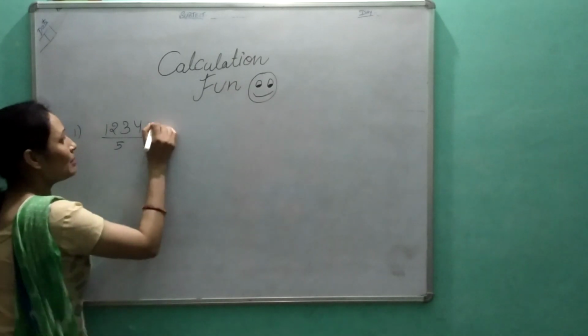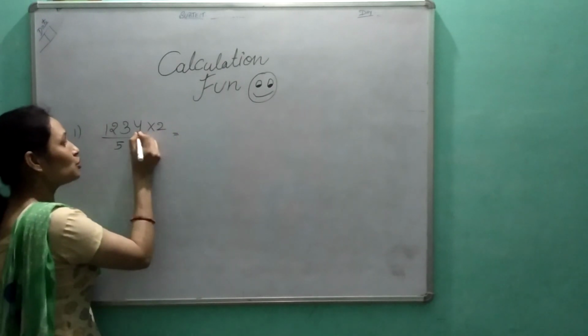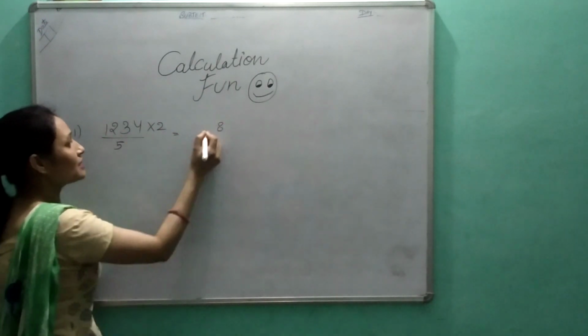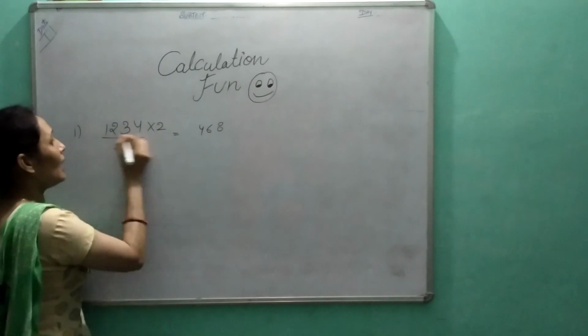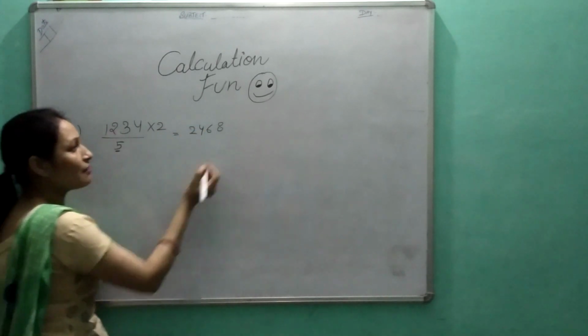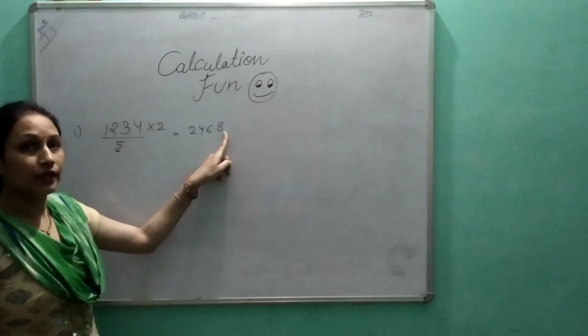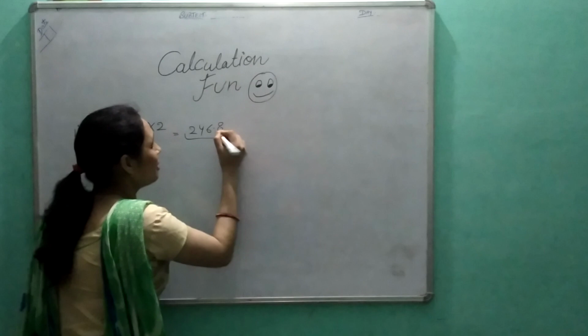How? We will multiply the numerator by 2, that is 2 4s are 8, 2 3s are 6, 2 2s are 4 and 2 1s are 2. And here we have only one digit in the denominator, that is 5. So we will put our point after one digit from the right side and this is our answer.